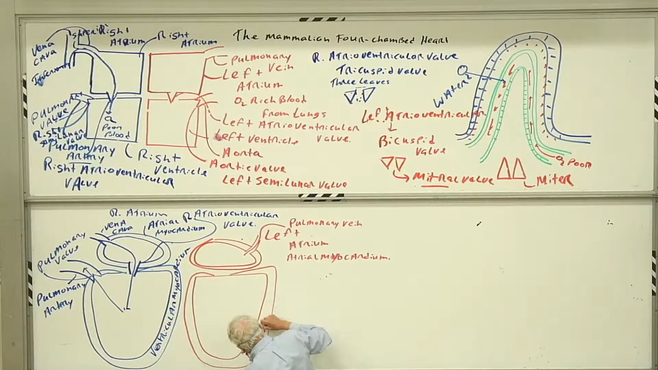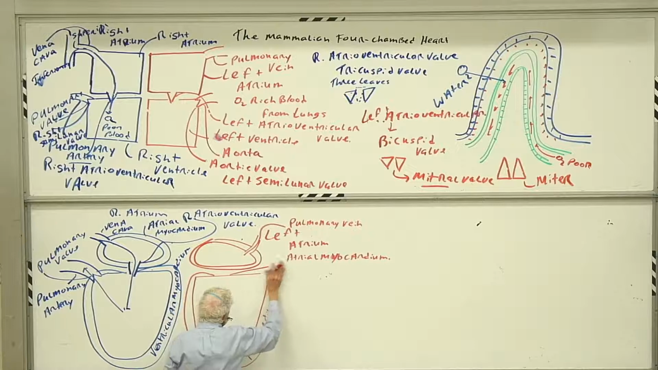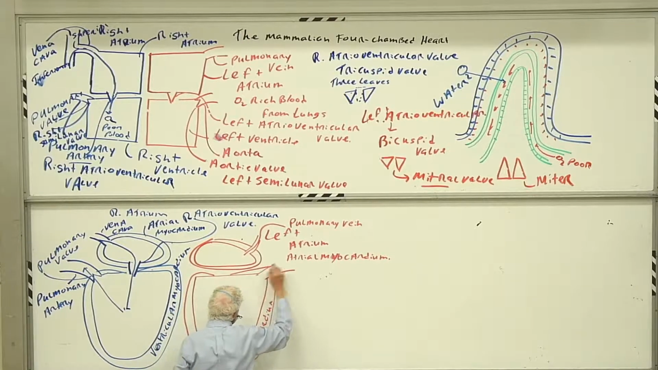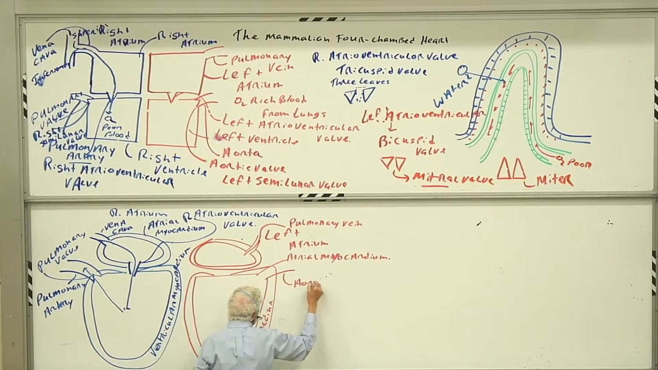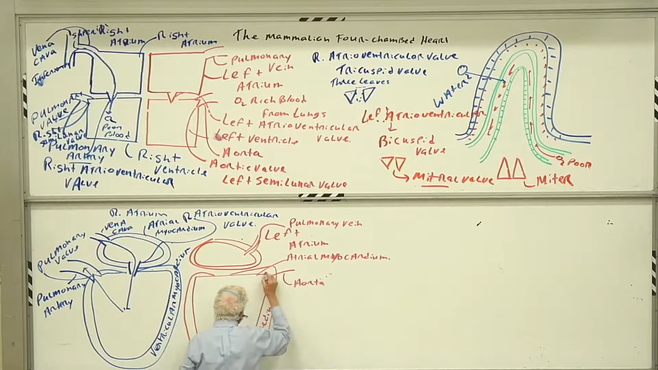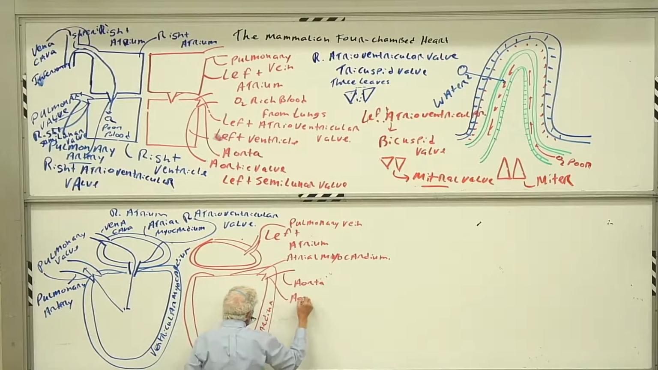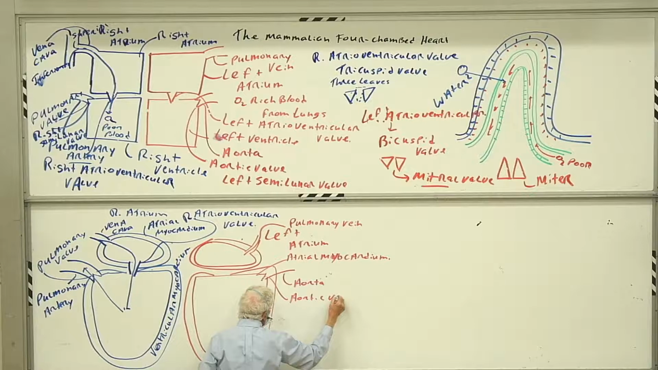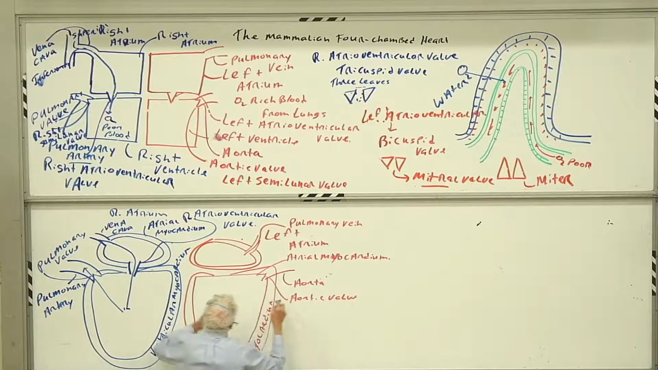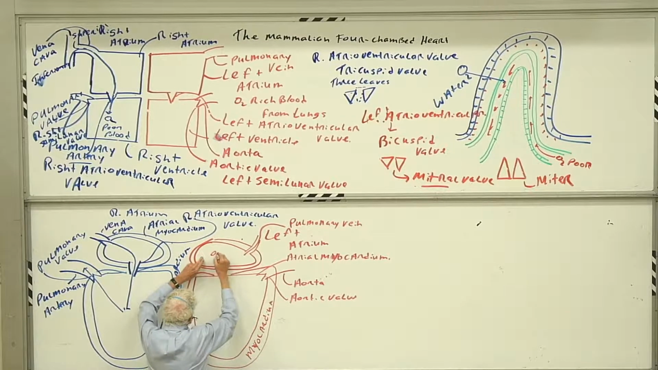myocardium. And this is the chamber. And now on the way out, there's another tube here. We call this the aorta. And again, there's an aortic valve. So the O2-rich blood,